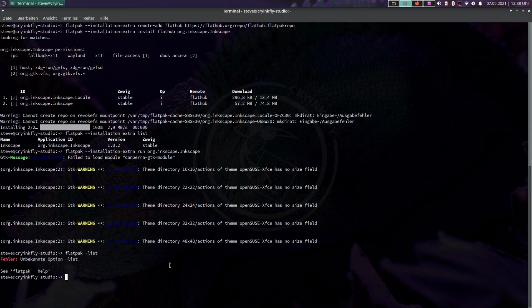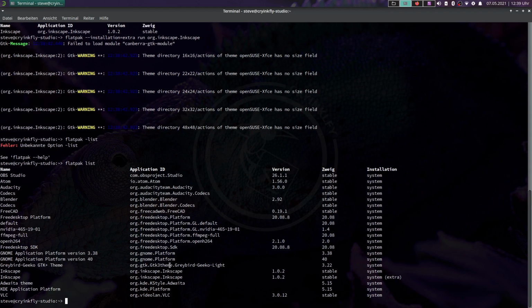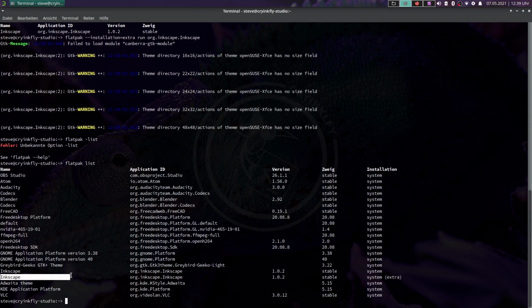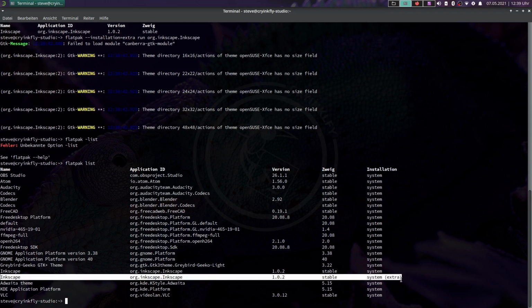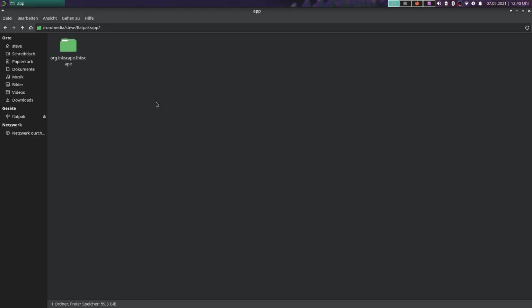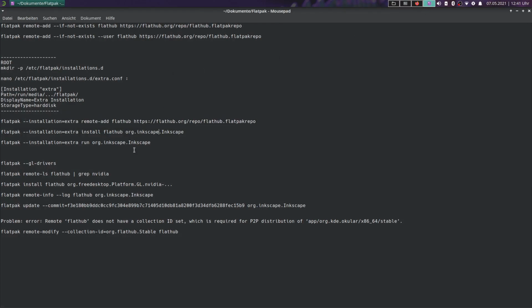So, and okay, flatpak list, and here you can see now Inkscape system, and the next one here is Inkscape system with extra. This is the installation here on my USB drive. So then we come to the next one, and here you can see now other commands what we can do